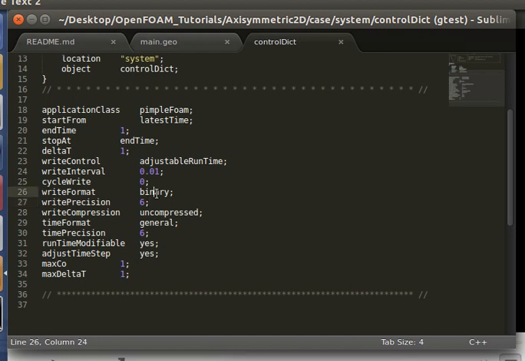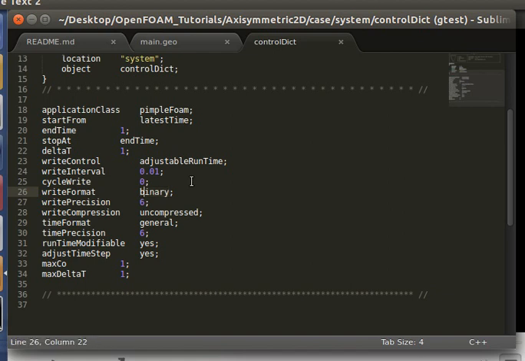So if this is ASCII by default, then it's going to give you a whole bunch of errors complaining that the two wedges are not planar. So different points in them are not coplanar. So you should write it out